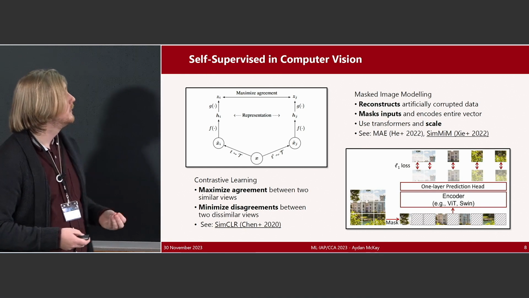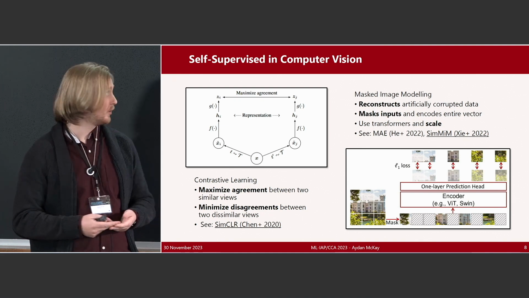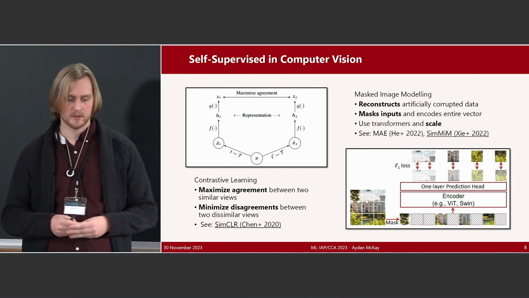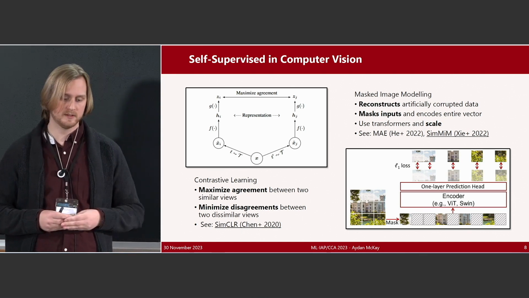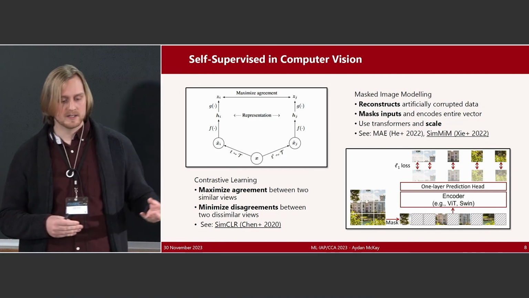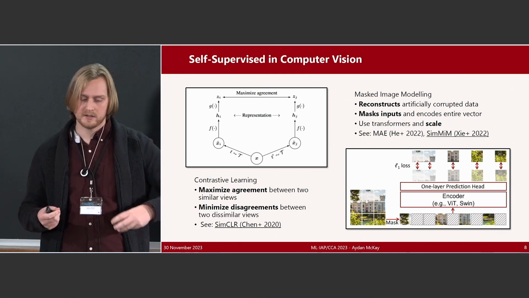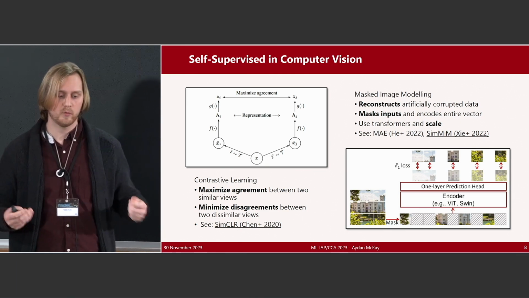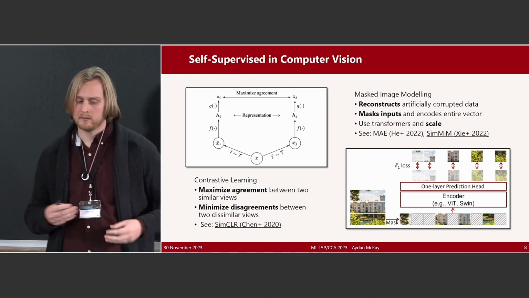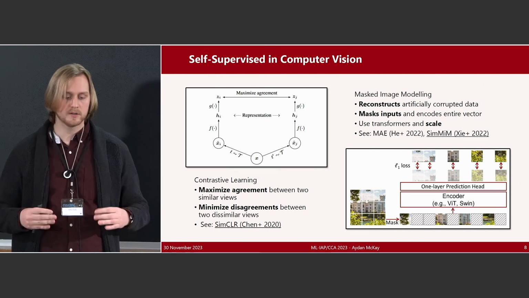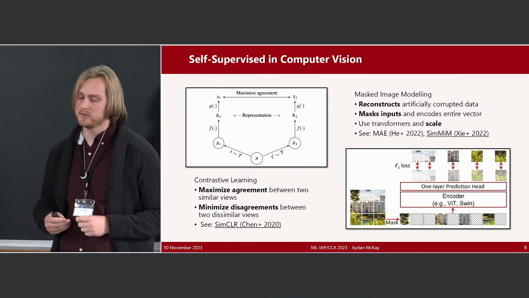So how do we obtain these embeddings with missing data and without doing supervised learning? That would be self-supervised learning. We've already heard a bit about these two different methods, contrastive and masked image modeling, at this conference, but just briefly: contrastive learning, at least in images, takes two different representations of the data. An image is augmented in two different ways and fed through these encoders. Then contrastive learning looks to maximize the agreement between these two different representations of the same image while minimizing the disagreements between them.